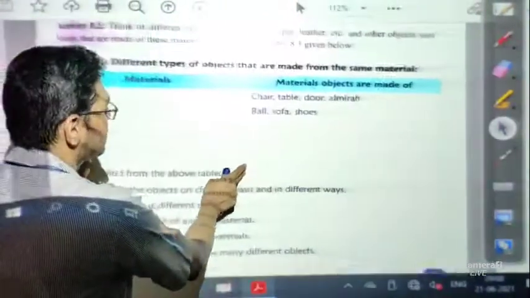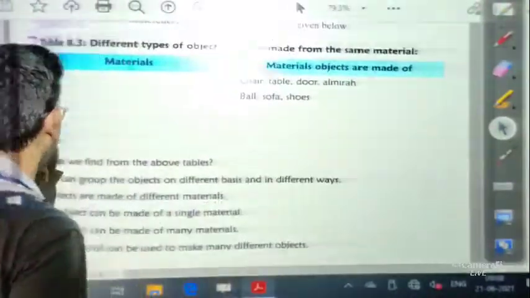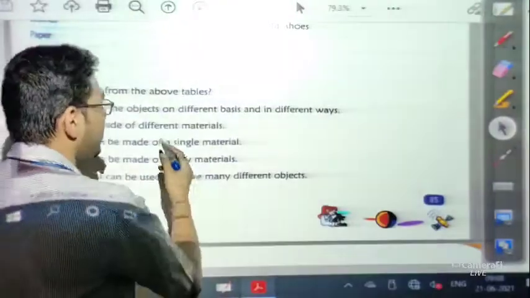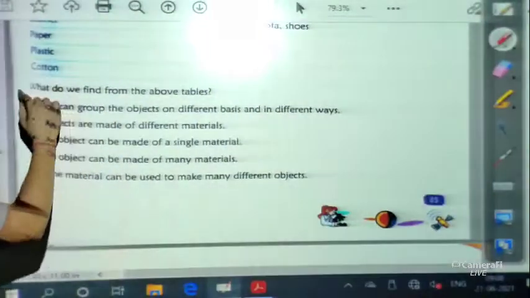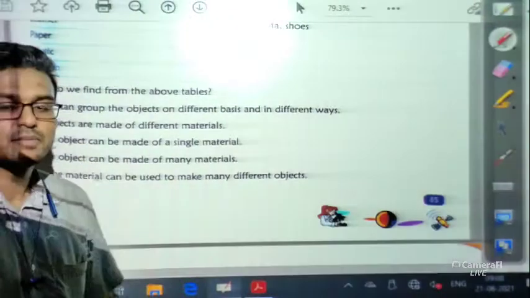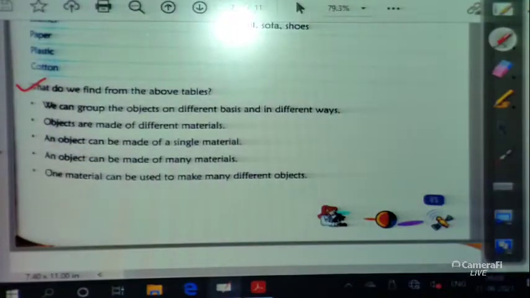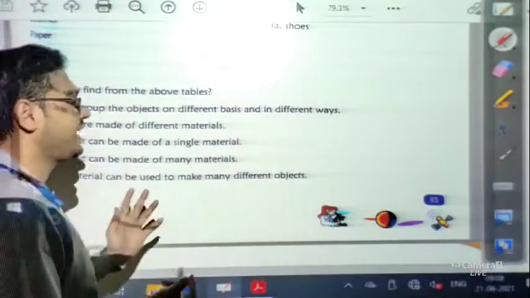Now in this part, just have a look. What do we find from the above tables? Students, let me tell you one thing: till now we have discussed three tables.